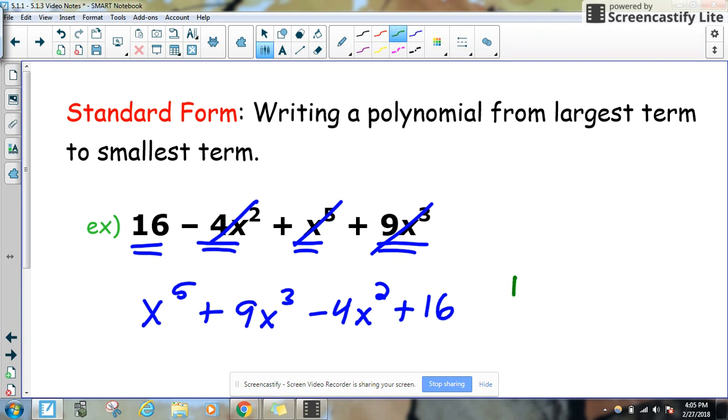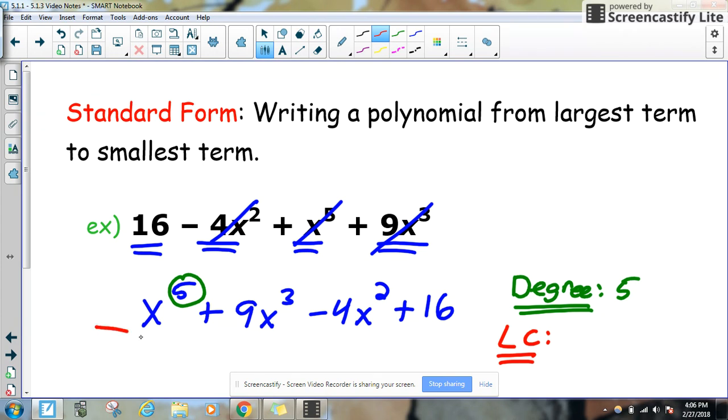So I could ask you what the degree of the polynomial is, and the degree is simply the largest exponent. In our case, it would be 5. I could also ask you what is the leading coefficient of the polynomial, and that would be the number that's in front of the polynomial. Now, actually, there's no number here, so it's assumed to be a 1. So the leading coefficient would be a 1. All right,